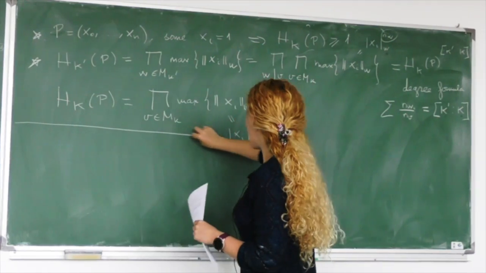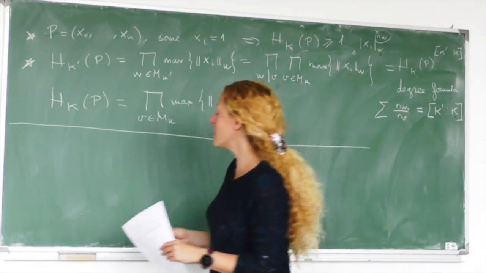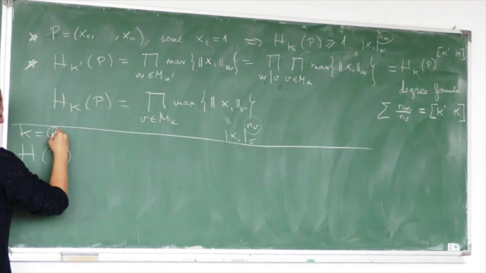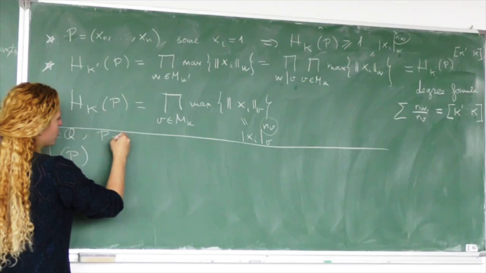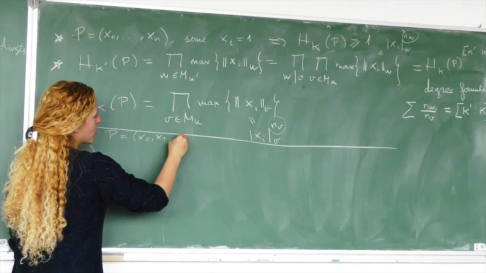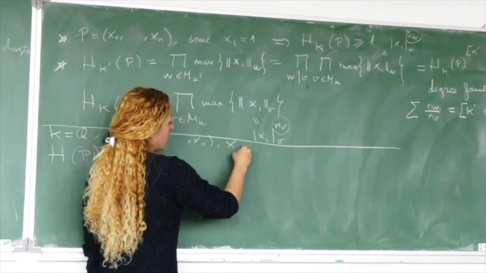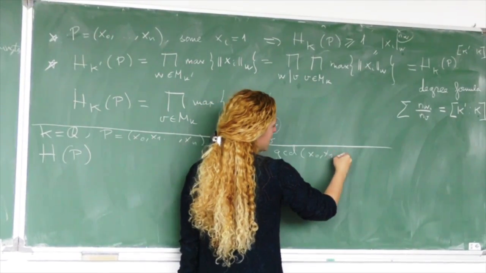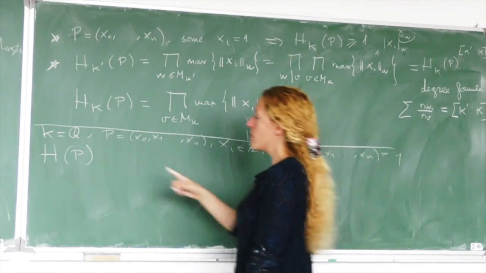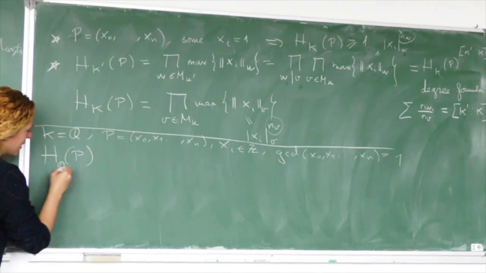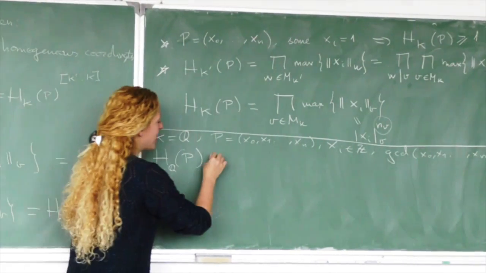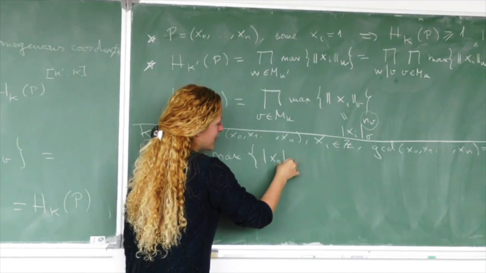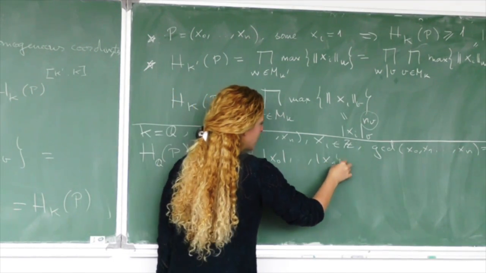So now I can prove the thing that we said at the beginning, that actually, if the field that we take is the field of the rationals, and if we take P with integer coordinates, and such that the greatest common divisor of all the coordinates is equal to 1, then the height, and I can write a Q if you want, because it depends on the field, is equal to the maximum of the standard classical absolute values of the coordinates.